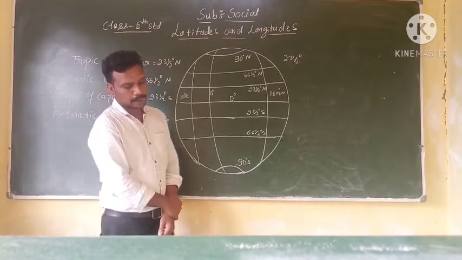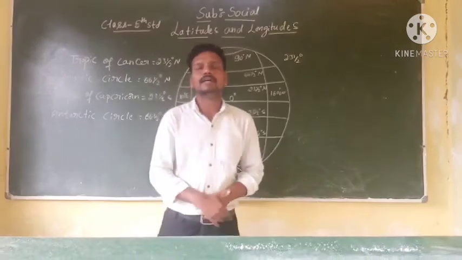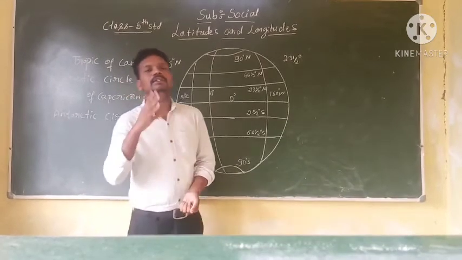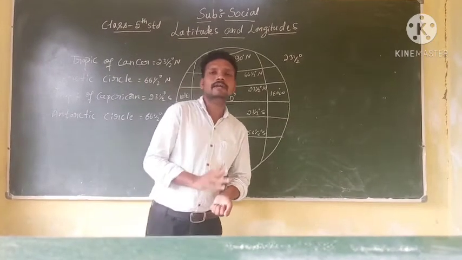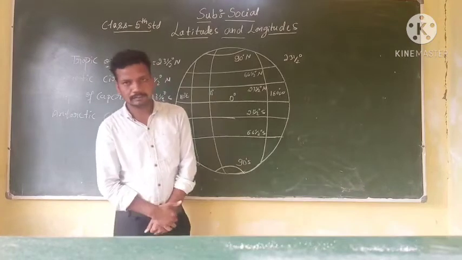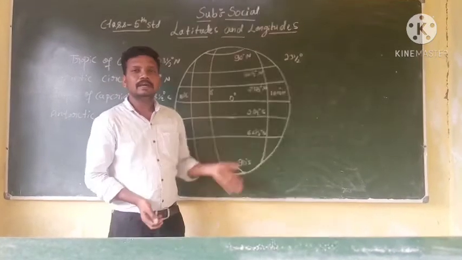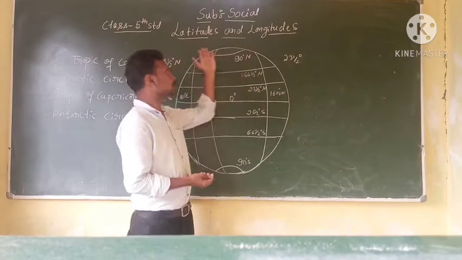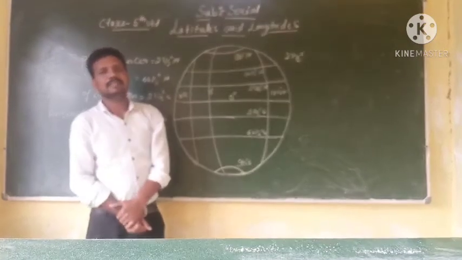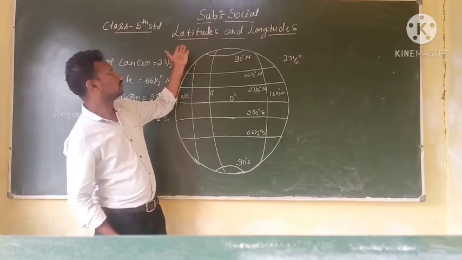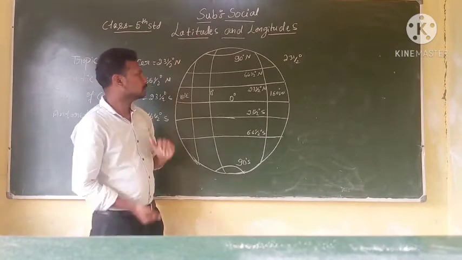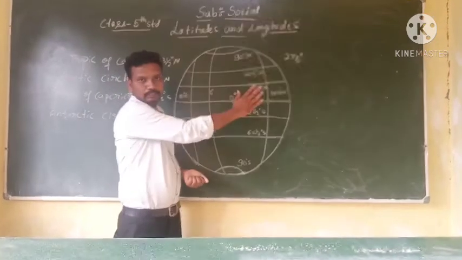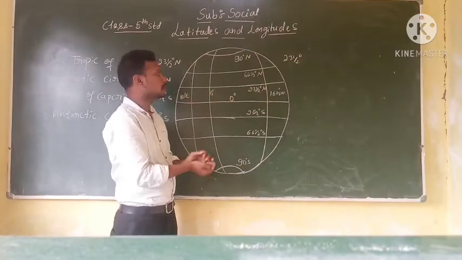So, dear students, if you want to find a place on the earth, we have to refer to a globe or a map, because the map or globe consists of several imaginary lines which join horizontally as well as vertically. These lines are called latitudes and longitudes. Okay, let's learn one by one. Let's learn latitudes first. The imaginary lines which join from east to west, or horizontal lines, are called